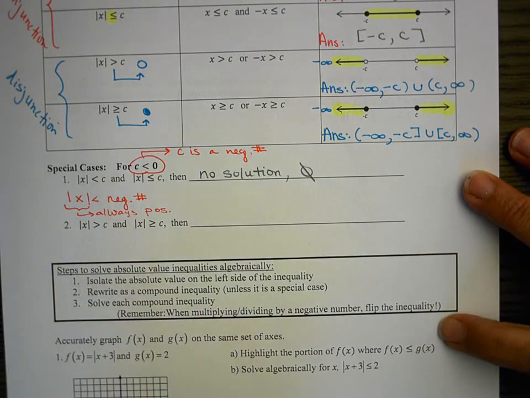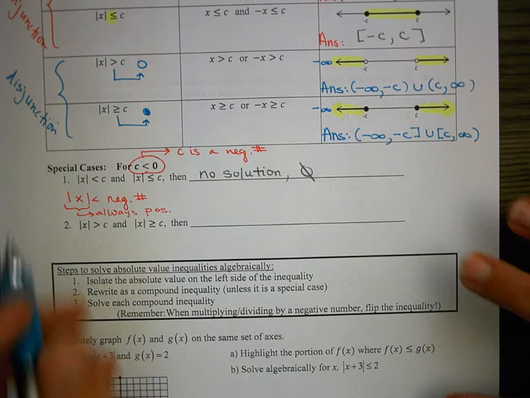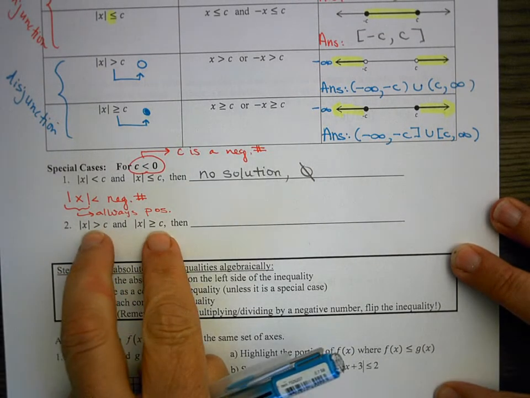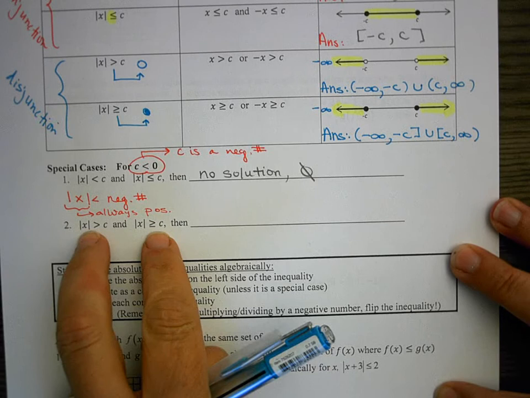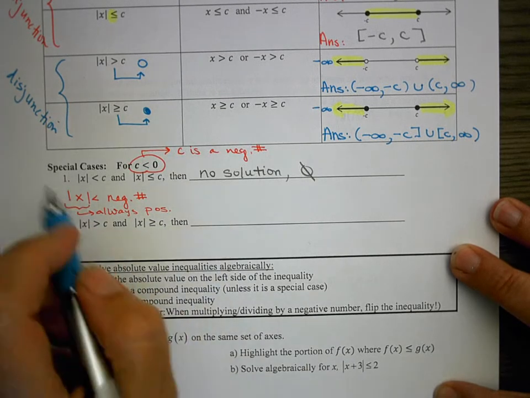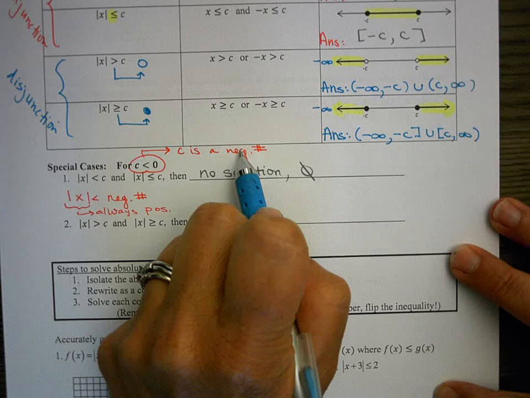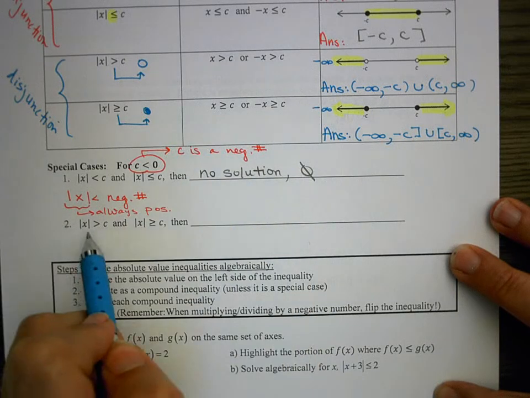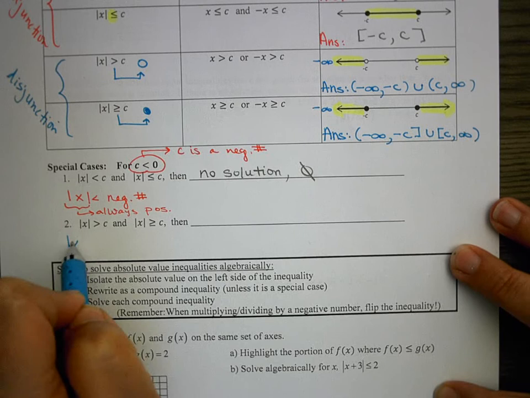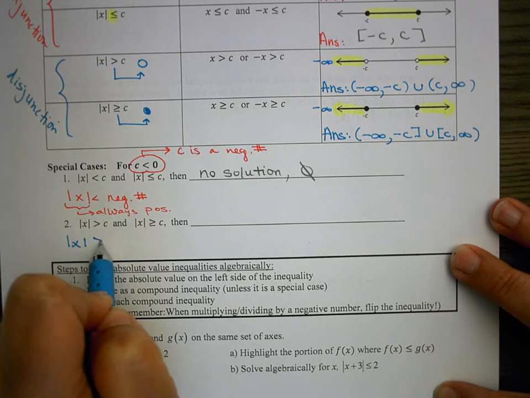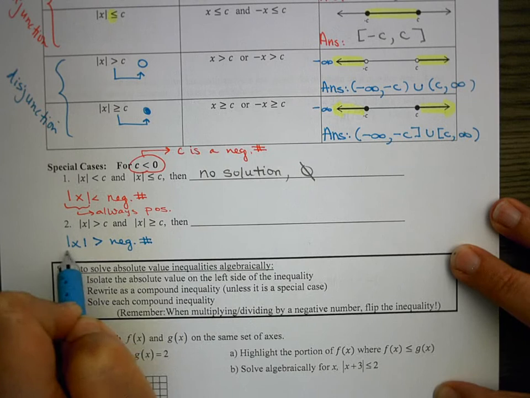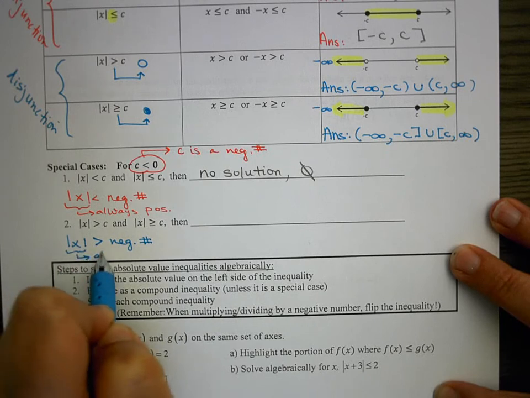So let's take a look at the second one. We have the same idea. Again, it doesn't matter which case I look at because the equality piece is not going to change it. So here we have an absolute value, and again, we know that c is a negative number from above. So if we have this absolute value, and we want to know when will it be greater than a negative number. Again, absolute value is always positive,